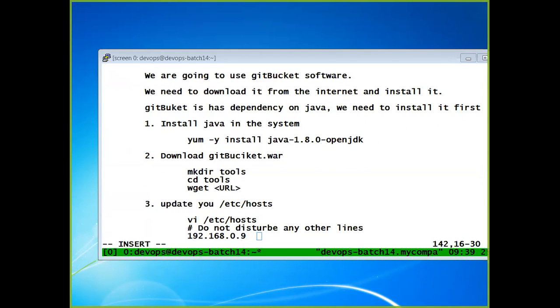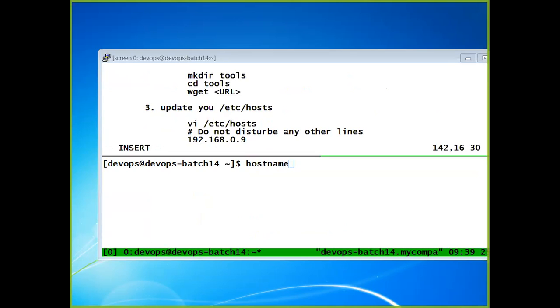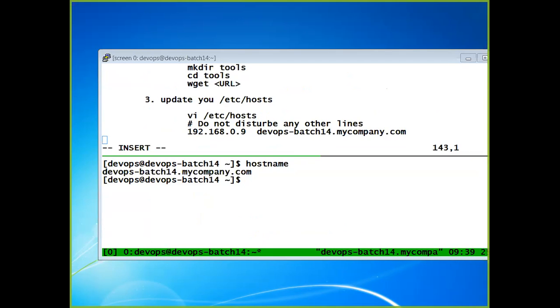Whatever our server name is, we'll put that. What host name have we put there? I don't know, so let's go with that host name. Okay, so we say batch14.company. So I'll put that name here.